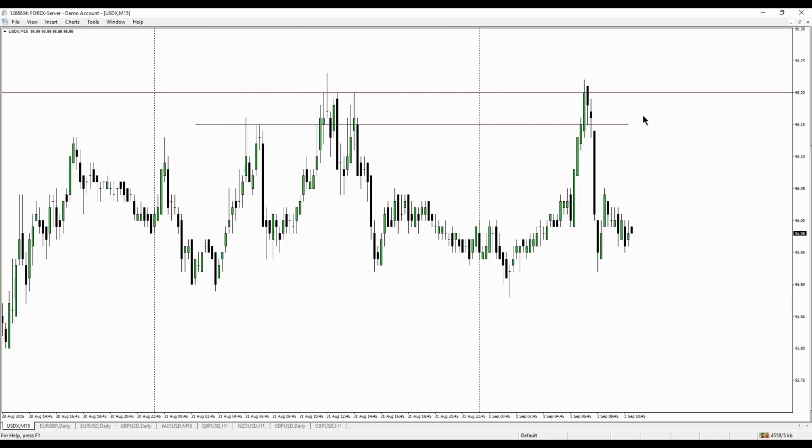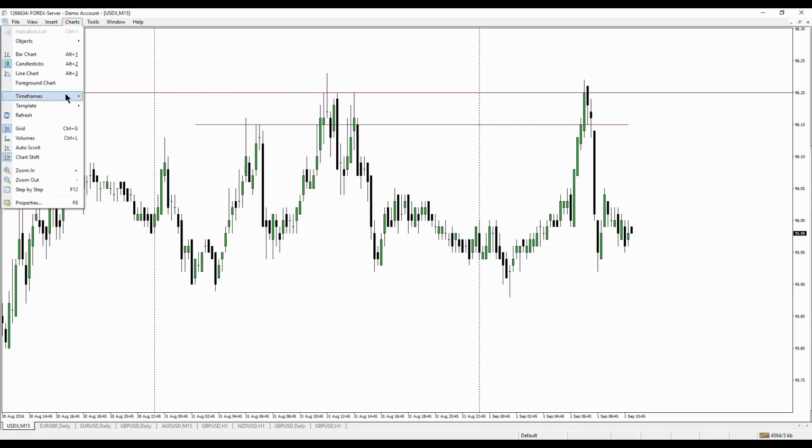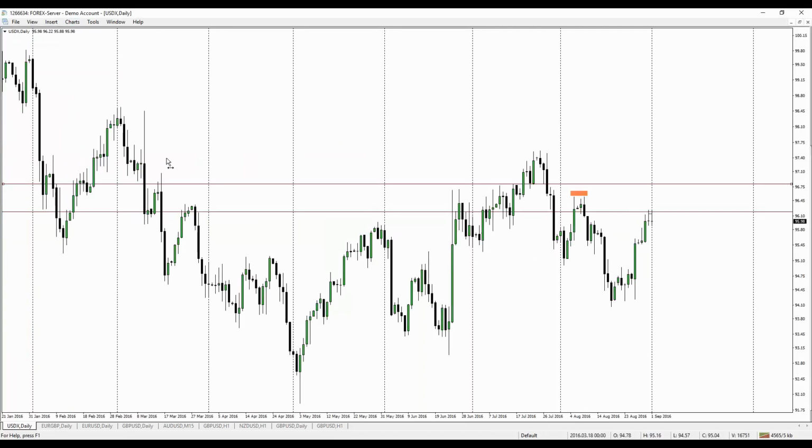Now, 96.20 was not able to have any movement seen past it. It just breached a little bit above the bodies of the candles in here. That's why we were looking for 96.20 and 96.15 as potential reactionary levels, because these are daily bearish order blocks. More specifically, the 96.15 is a bearish order block. So when price hits that, let me go back to a daily so you can see again why that's important, why it's even being mentioned.